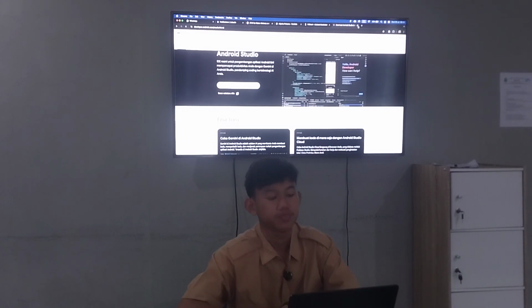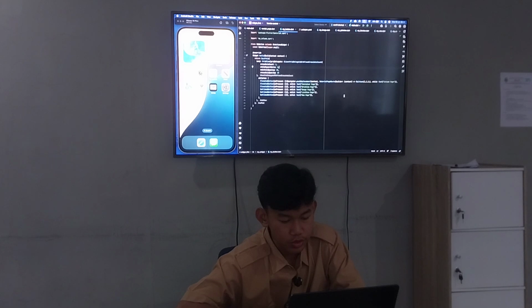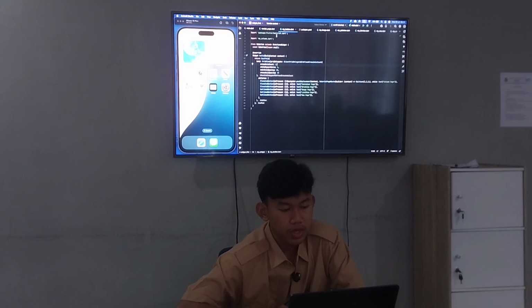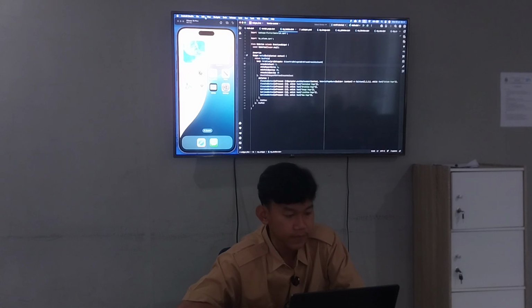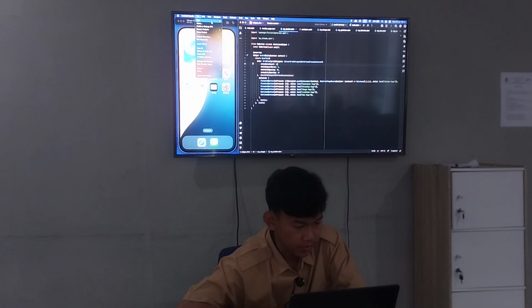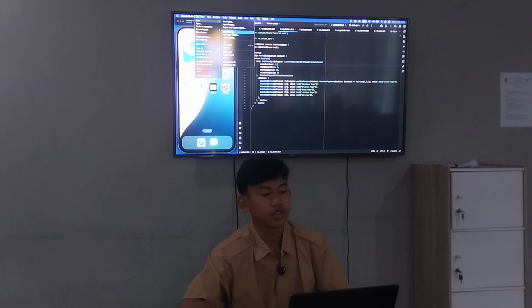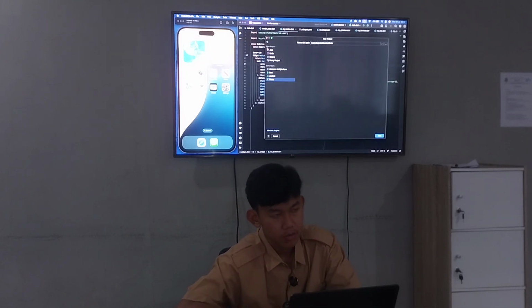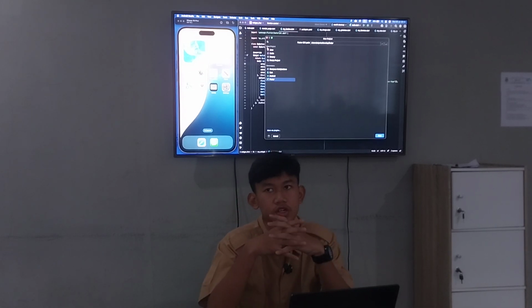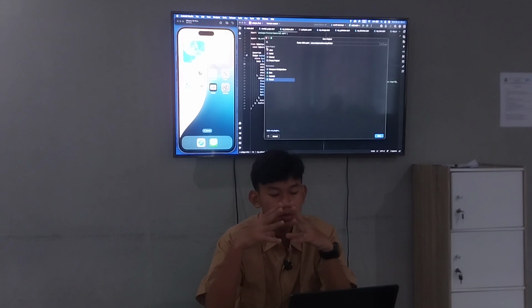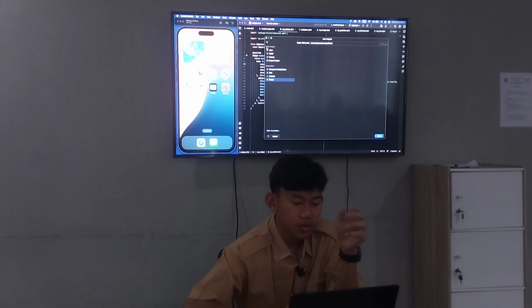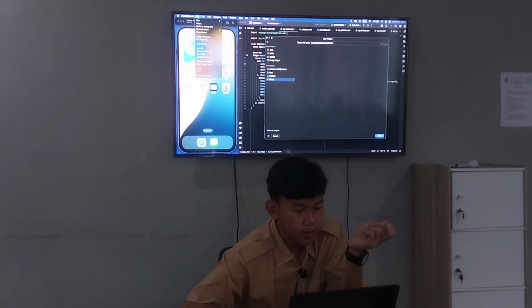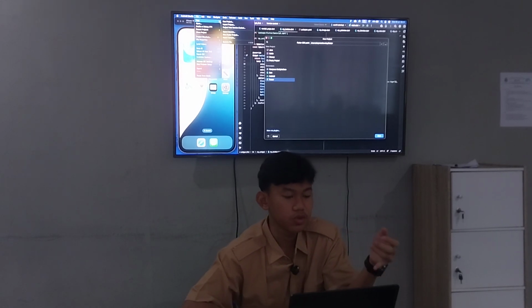If you have downloaded Android Studio, you can make a new project here. You can open your application and let's click the file button here and click new Flutter project, because we're gonna make a Flutter project.